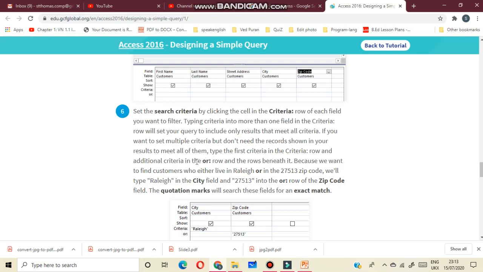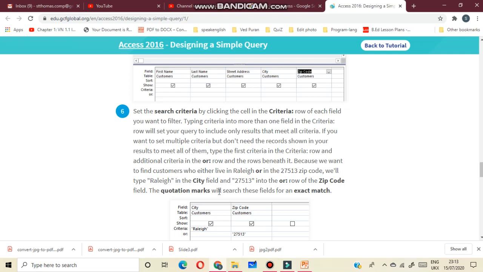If you want to set multiple criteria but don't need the record shown in your result to meet all of them, then type the first criteria in the criteria row and additional criteria in the or row and the rows beneath it,